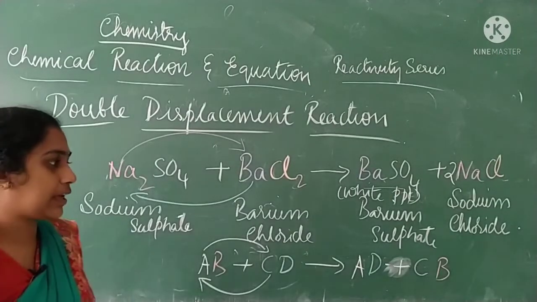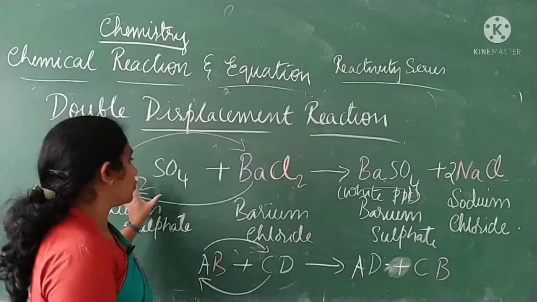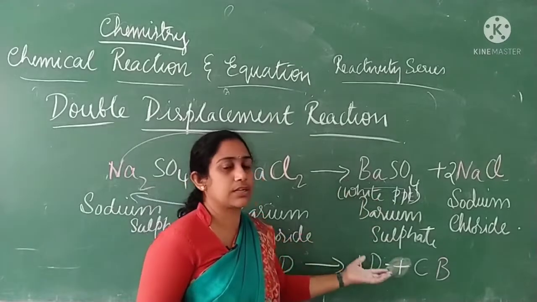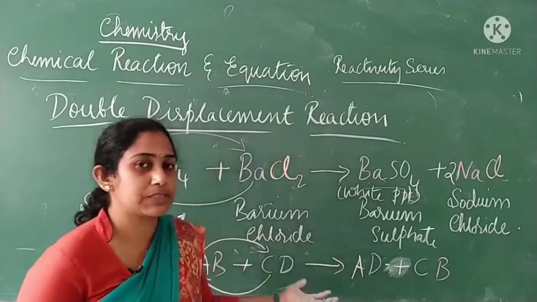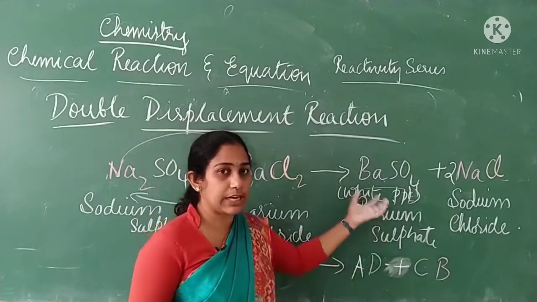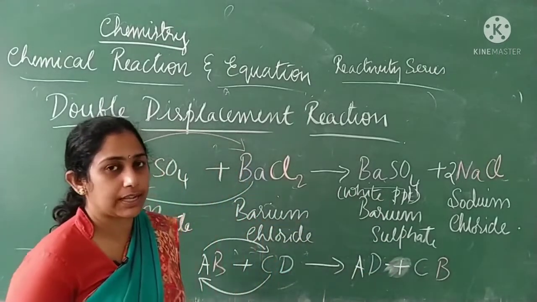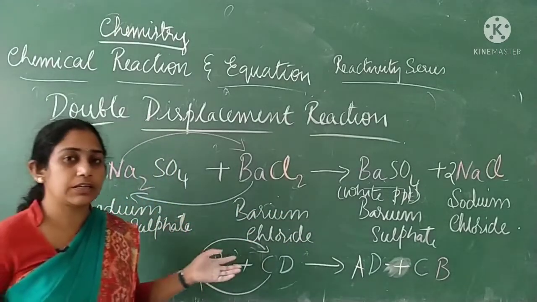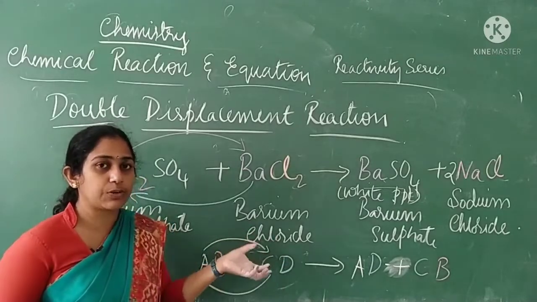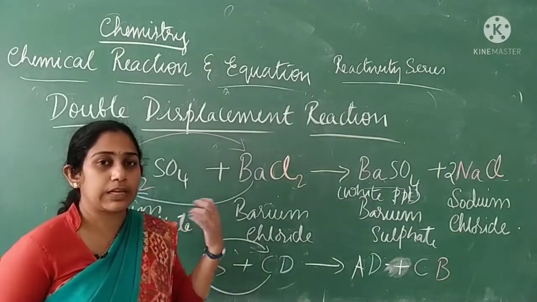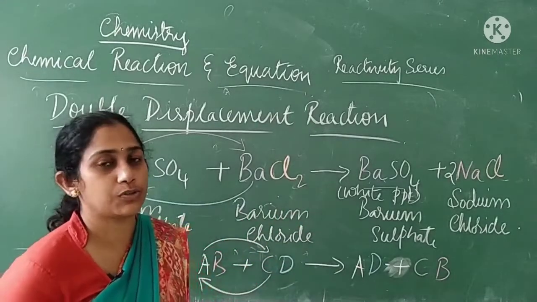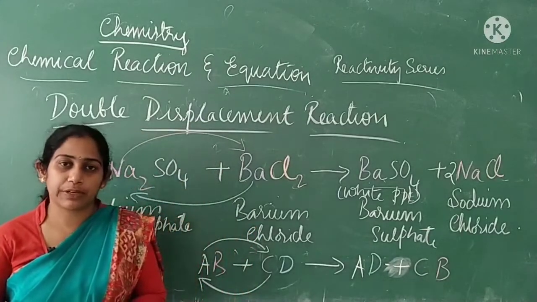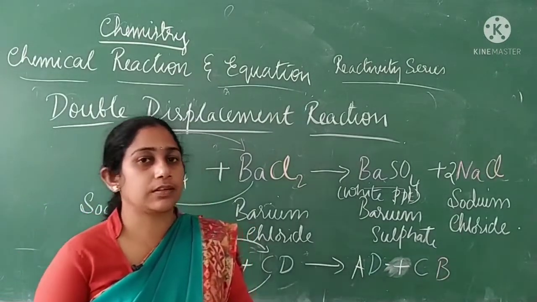Usually in the exam they will ask questions based on this sodium sulfate and barium chloride example. They will ask what the white precipitate formed is, what its name is, or what the state of the barium sulfate formed after the reaction is. You have to write that it is a white colored precipitate, barium sulfate. This reaction was already shown to you through a video in one of the classes. I will include the video link in the description box so you can watch it. Some more examples of double displacement reactions I will give you in the notes part, so you can learn from that.